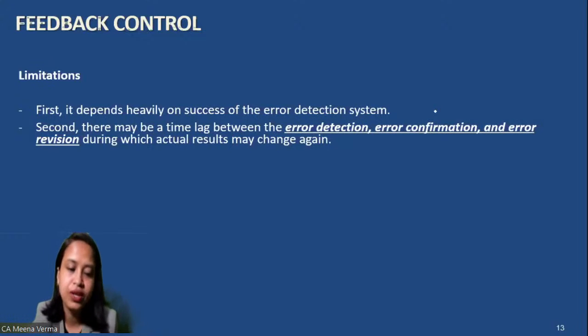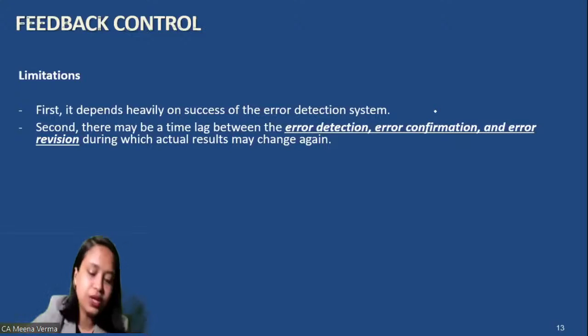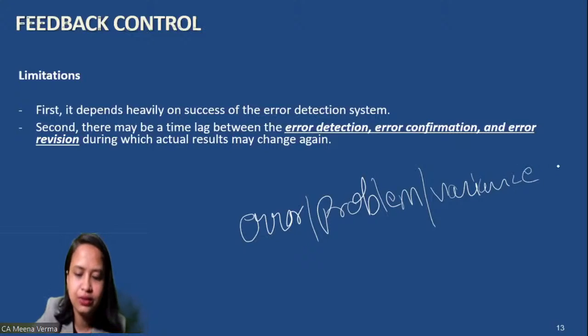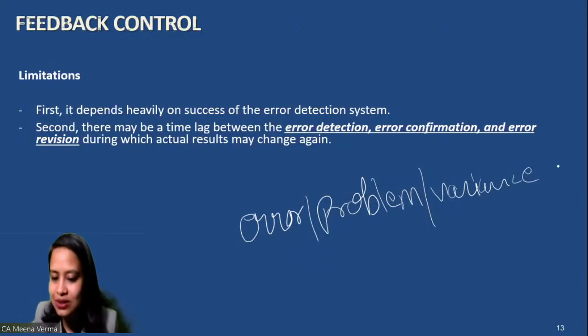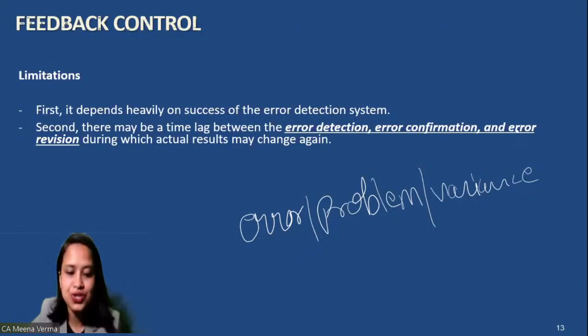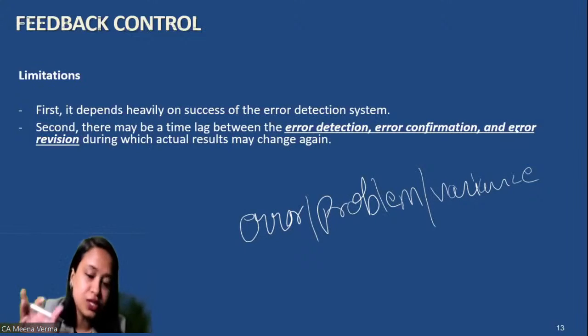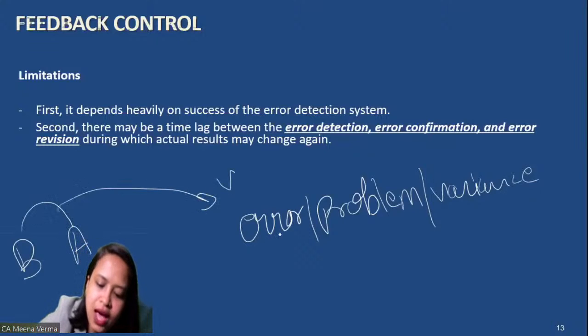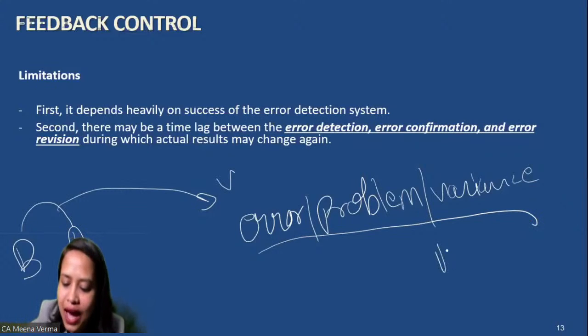What is the limitation? See, what you are doing here, you're trying to find out the error or the problem or the variances. But the time you find these errors, you detect the error, you confirm the error, then you want to take the action to reverse it. In that time, your actual result may change. See, this is my budget, this is my actual result, and since there is a variance, this problem, I want to improve it. But the time you take action